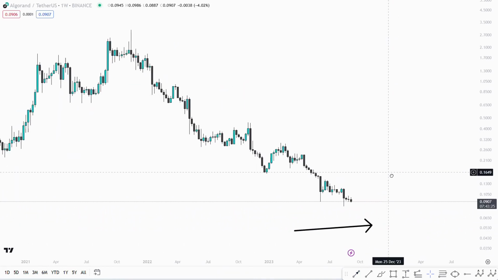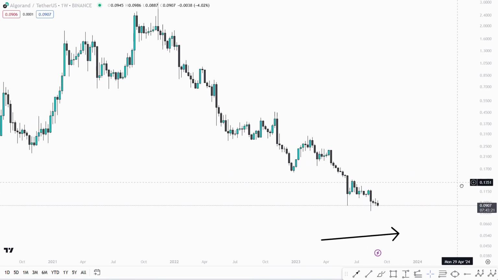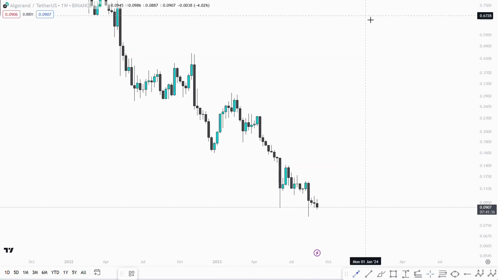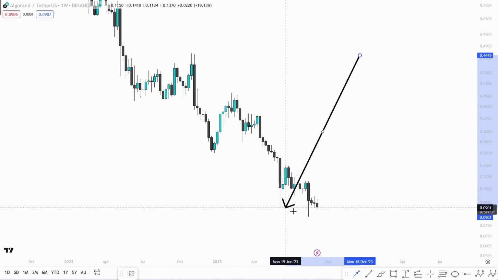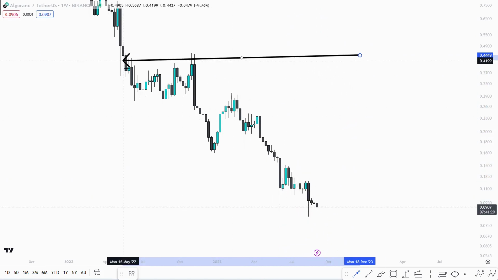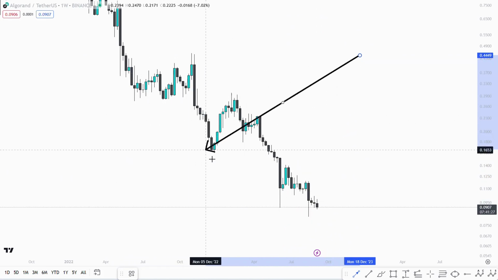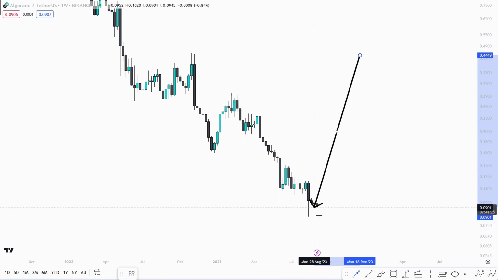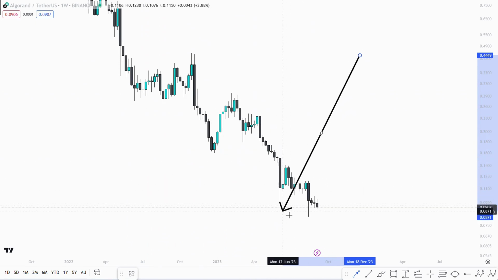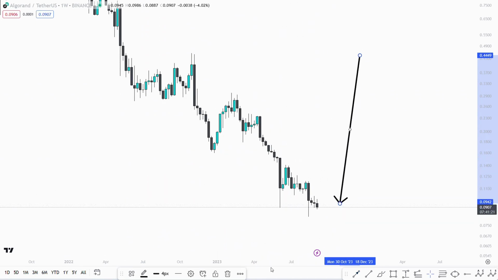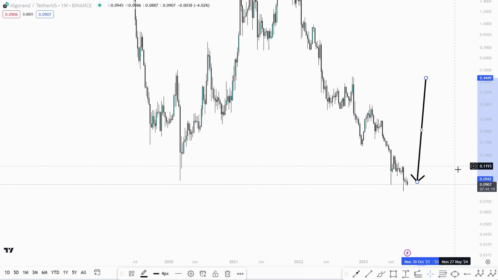So what we need to do is just find some more confluence, more Fibonacci analysis on the lower time frame to see where and when we can have some zones to enter for Algorand and where we can potentially exit in the future. So the first thing I want to say is that I don't think now is the worst time to be DCAing into the market, because if you've been able to be patient in the market and ignore all of these pumps to the upside and wait for this real capitulation with a little bit of strength in the market to be shown, I don't think it's the worst place to be accumulating in the market,